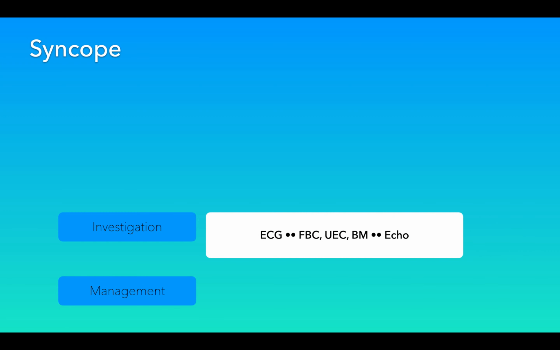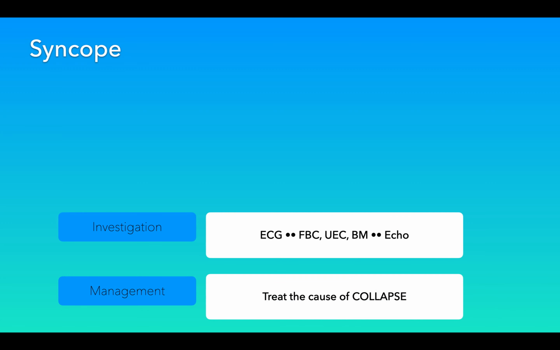So, investigations, bedside blood and imaging. At the bedside, you're going to do an ECG, for obvious reasons, cardiac causes, full bloods for anemia or any kind of infections that could be stressing the system, UEs and Cs for dehydration and damage to the kidney, a BM because you should always check sugars, and you can actually make the S of collapse sugar as well, the seizure, and an echo, really important if you're querying cardiac causes. The management, of course, is way too broad for this quick overview, but you do need to treat the cause